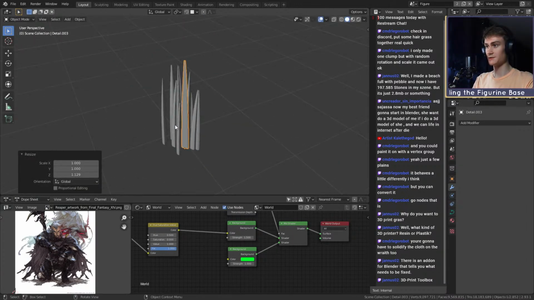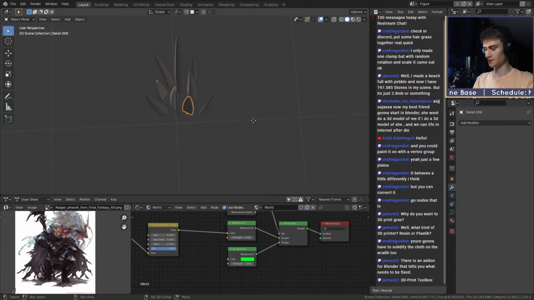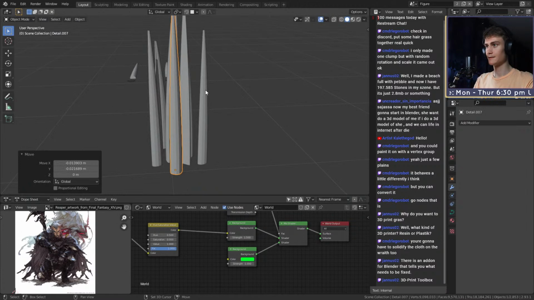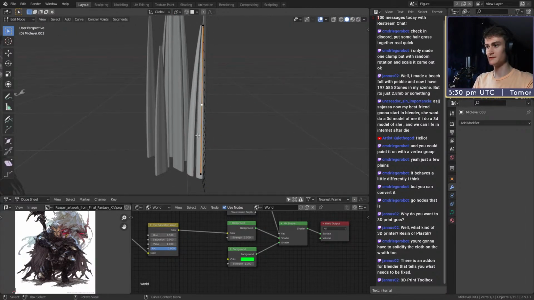Okay, so this is the grass patch. We're not done yet though. First of all, we can probably add one more here, because this is not as round as I would like it to be. Okay. Then we can go into the individual strands and we can change the shape a little bit. This only has three